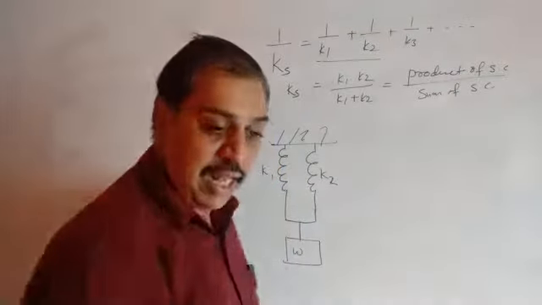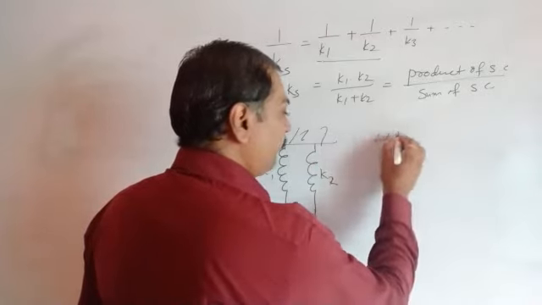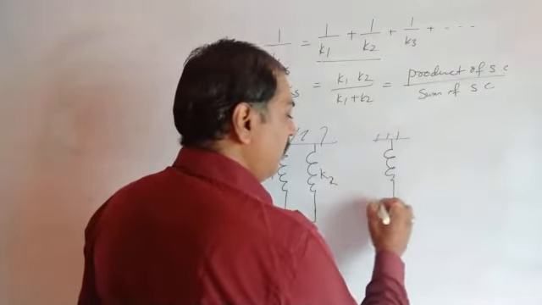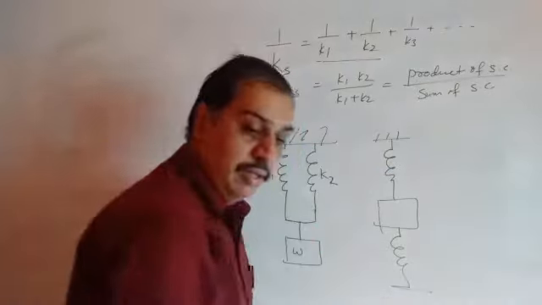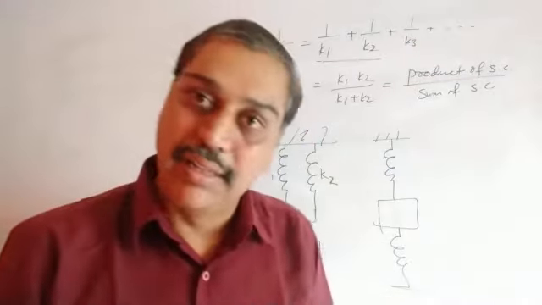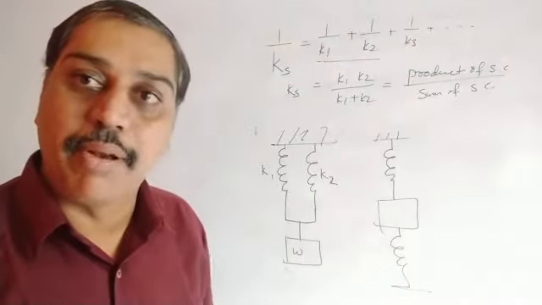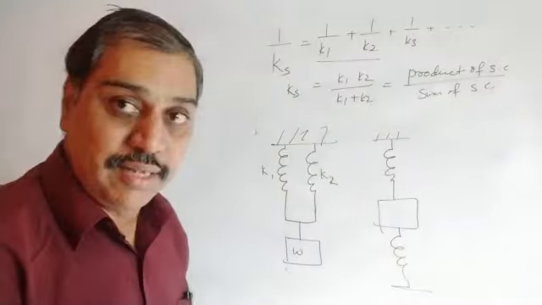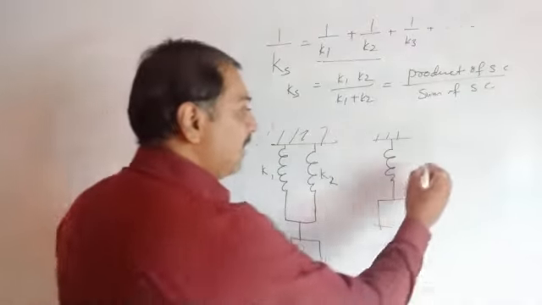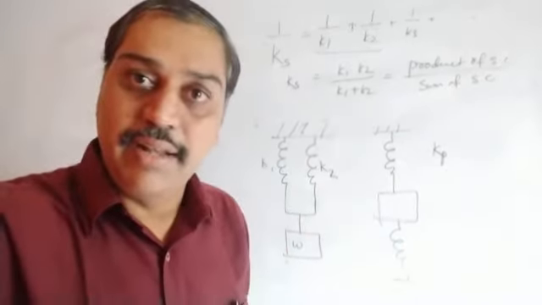Second case, another way they have shown parallel. One rigid support here, spring, load, again a spring, and again a rigid support here. So that is said to be springs connected in parallel. These are the examples of parallel. So in that case, what is the resultant spring constant? That is said to be Kp, as the springs are connected in parallel.